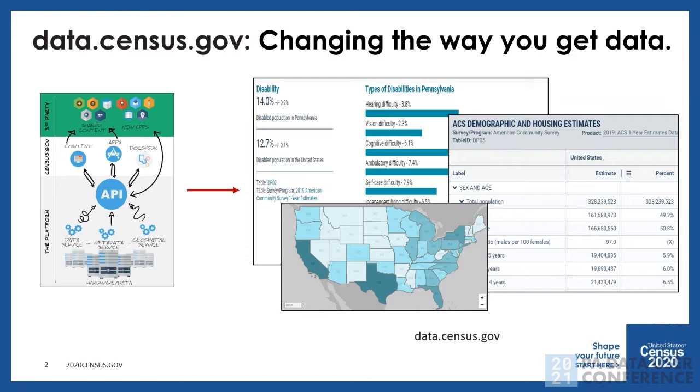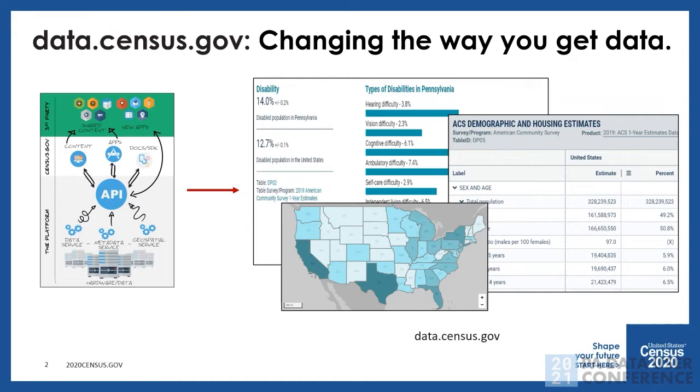Well over a year ago now, we decommissioned American Fact Finder and moved to data.census.gov. I know that we definitely had some bumpiness, and nobody wants to have to learn a new system. But the bigger picture of why is important to me. It's this left-hand side picture, that we're all utilizing the Census Data API, which is our application programming interface. Many of you, I know that the Pennsylvania State Data Center has done a lot of great work using dashboards and pulling from our API, but it's allowing for individual estimates that allows for all the things that you see